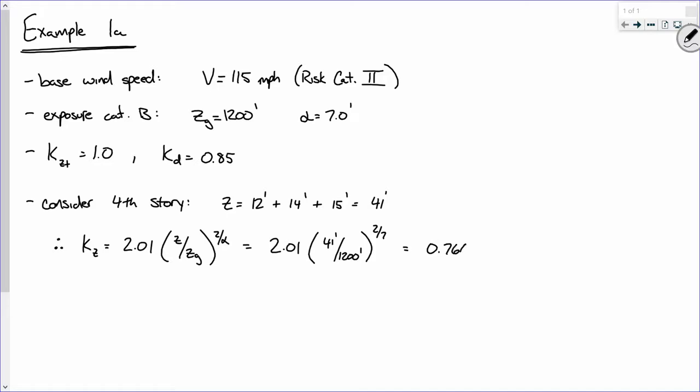766? All right, that's what you got? All right, okay. So that's KZ. So we think we have KZ, we have KZT, we have KD, and we have our velocity. We can determine our wind pressure pretty easily. So we'll say wind pressure